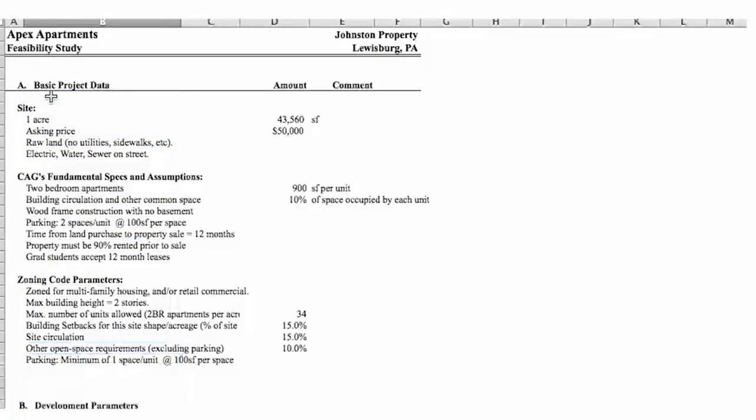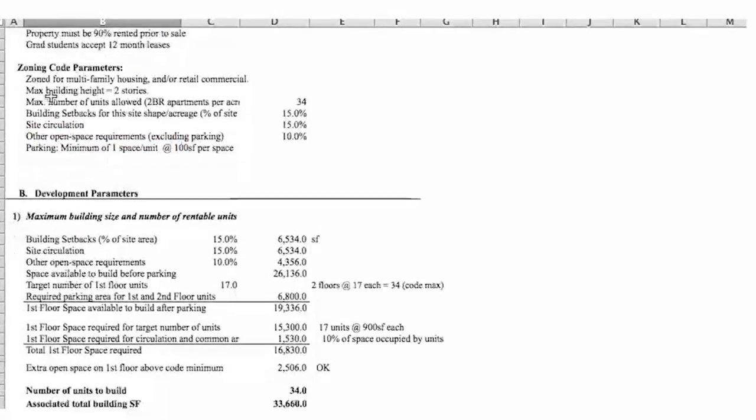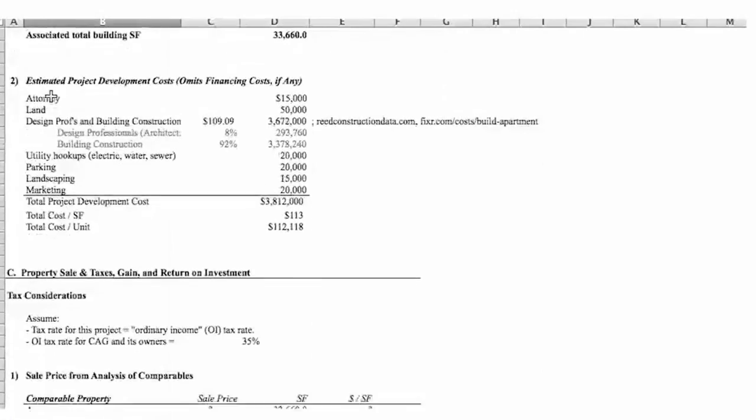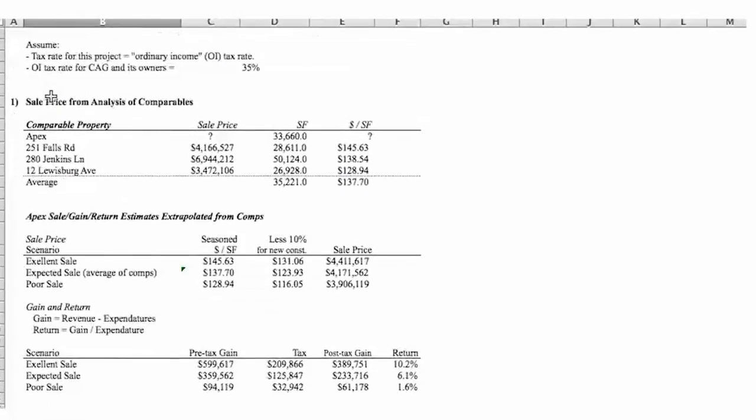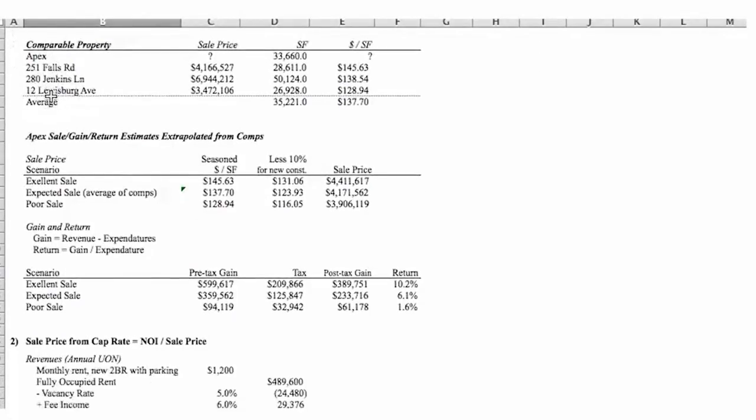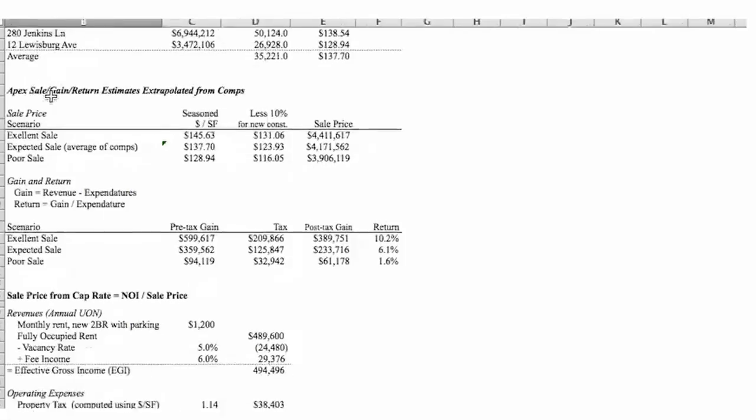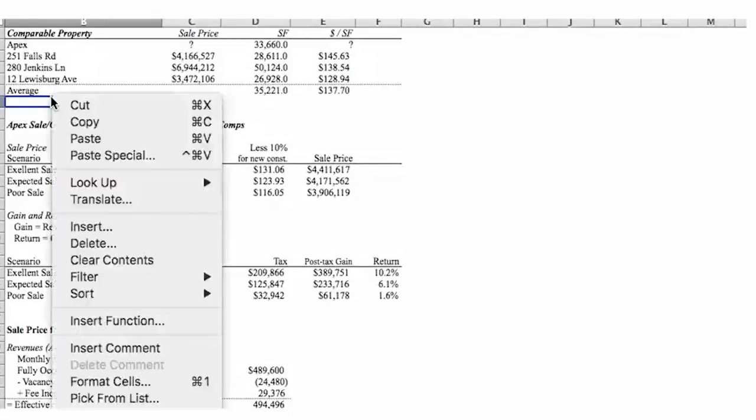We've got development parameters, et cetera. And this spreadsheet works its way down to finding out how much money we think that they could make on this project in a few different scenarios. Expected value scenario, that's our target scenario, poor situation scenario, and great situation scenario. Okay, so we'll come back to that in a bit.